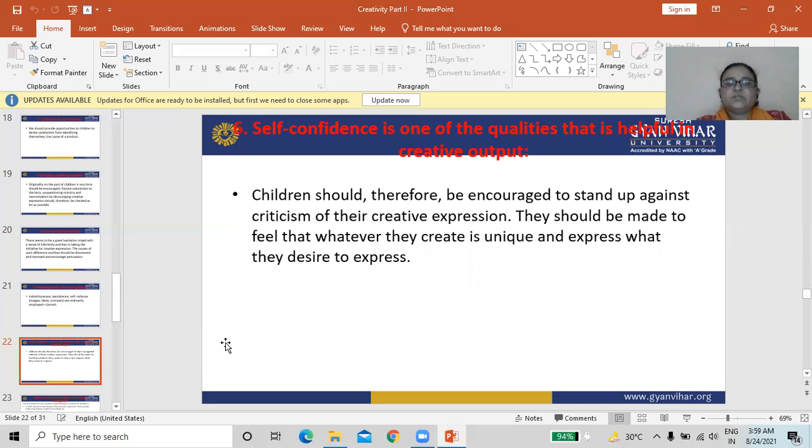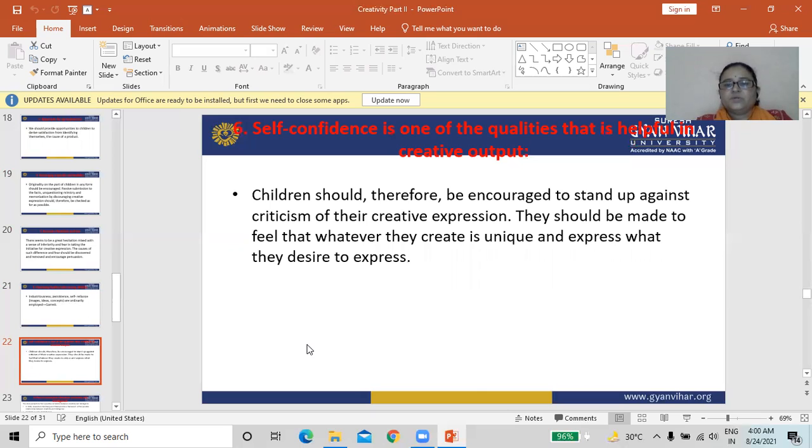Self-confidence is one of the qualities that is helpful in creative output. Children should therefore be encouraged to stand up against criticism of their creative expressions.